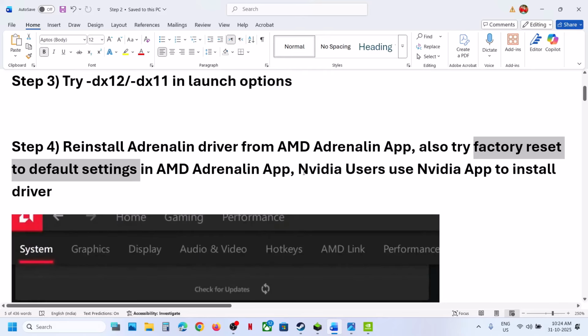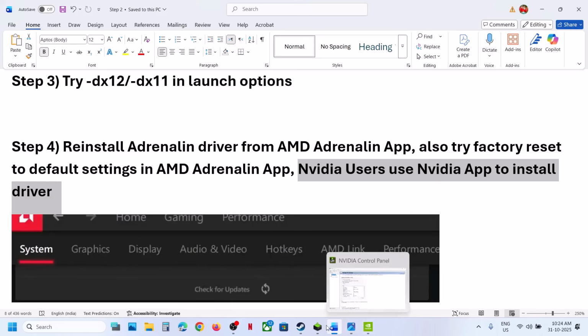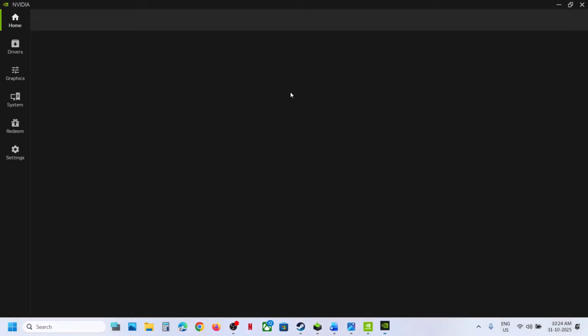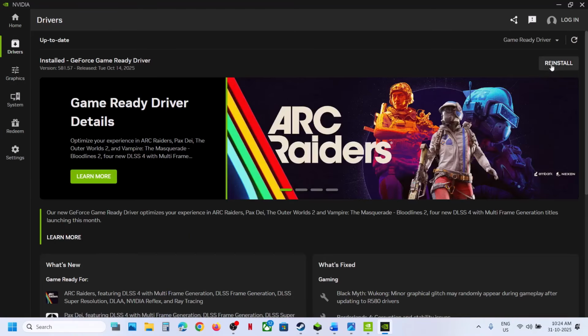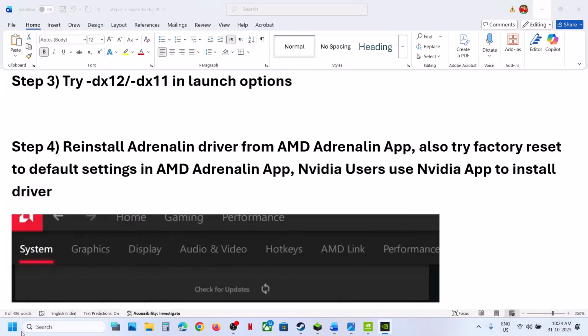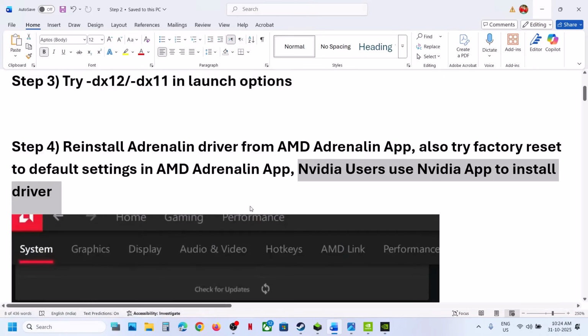Now NVIDIA card users can use NVIDIA app. So you can open NVIDIA app if you have NVIDIA app installed on your computer, launch NVIDIA app, and then you can go to drivers and then you can install the driver. If you see install option, install. If you see reinstall, reinstall, and then restart your computer. And after the system restart, you can check. Still not working. The next step is to